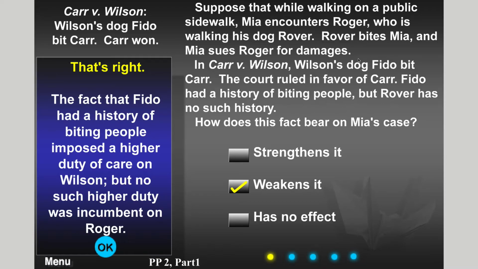Now there could be a law saying that if one's dog bites someone at all, then one is civilly liable. It depends on the law of one's city, county, state, etc. But this would weaken the relevance of that case to this one.